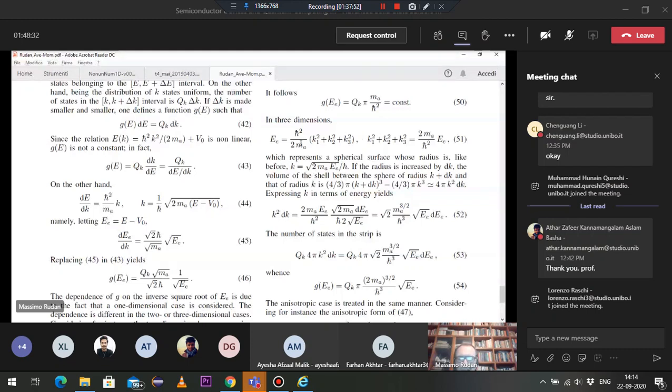Instead of a circle, you have a sphere. And when you increase the radius of the sphere, you obtain a shell between two spheres, okay? And you must calculate the volume of the shell, okay? But the procedure is quite similar. And eventually, you find that for the parabolic relation